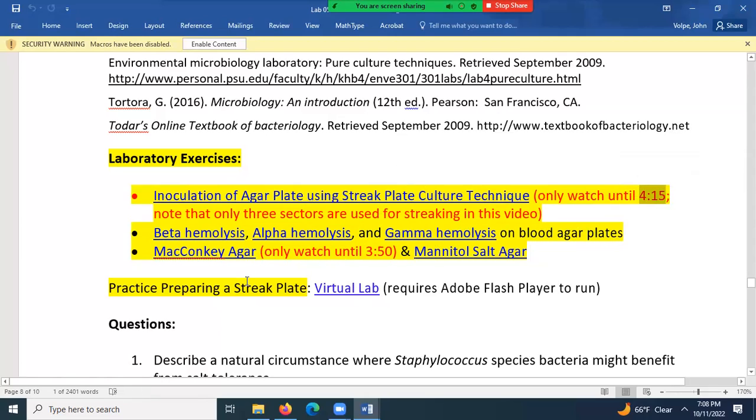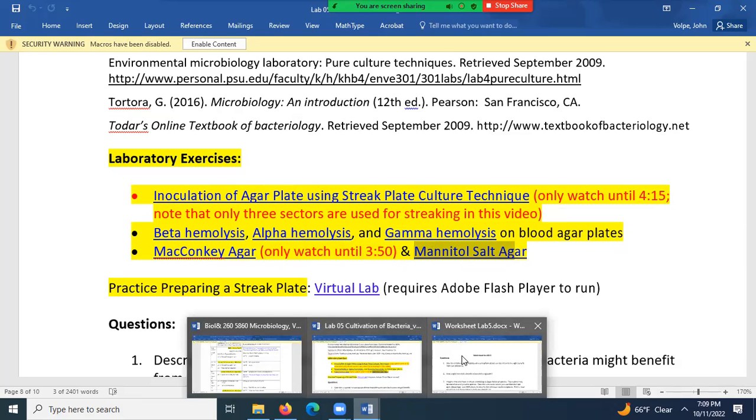Then watch a little video on beta hemolysis, alpha hemolysis, and gamma hemolysis. And then watch a little video on McConkey's agar. You only need to watch that to 3 minutes and 50 seconds. Then you can stop watching it. And then we have a little video discussing mannitol salt agar. So watch these videos and then perform the